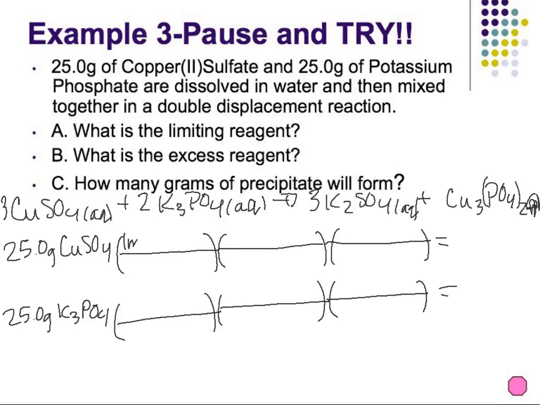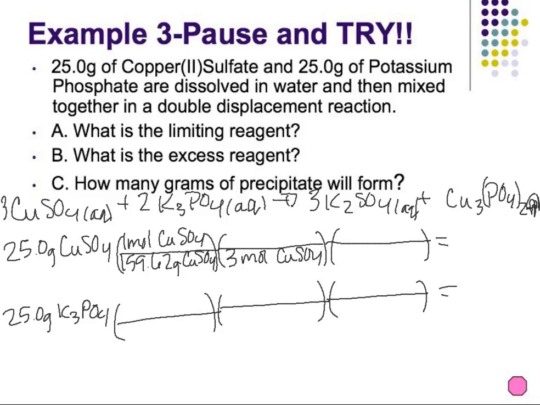We've got 1 mole copper 2 sulfate over 159.62 grams copper 2 sulfate. On the bottom, we need to cross-cancel moles of copper 2 sulfate, so 3 moles CuSO4, and we're turning that